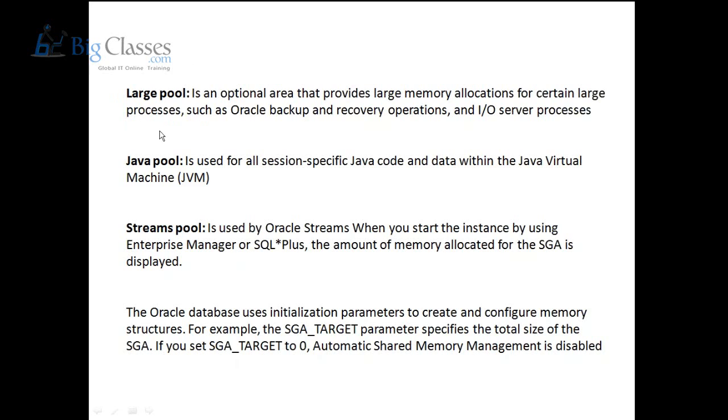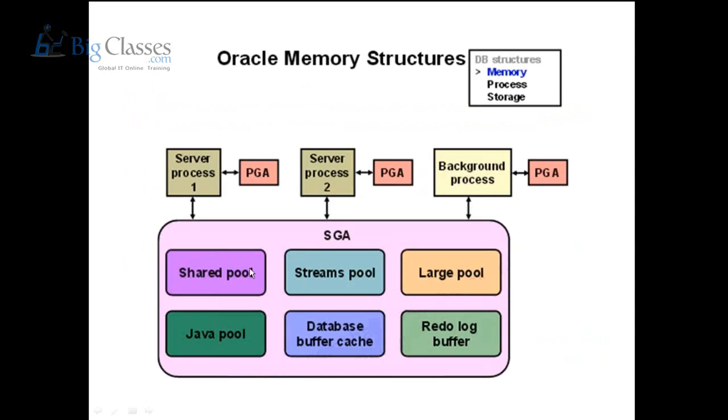is enough. Then you have the Java pool. When you connect to your database using a Java based application, that process takes space from your Java pool. And there are some Oracle developed applications like Enterprise Manager and SQL. When you connect using these two applications, memory is provided from the shared pool area, right? Okay, so that is about the memory structure. So these are all the components: shared pool, streams pool, large pool, Java pool, database buffer cache, and redo log